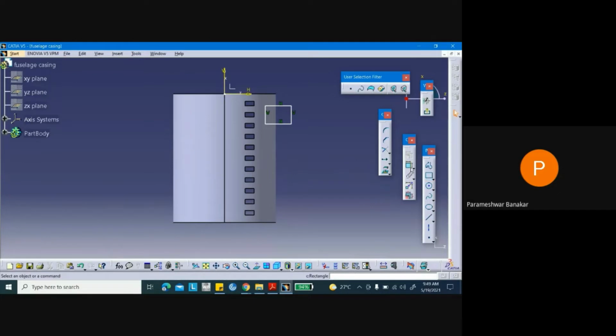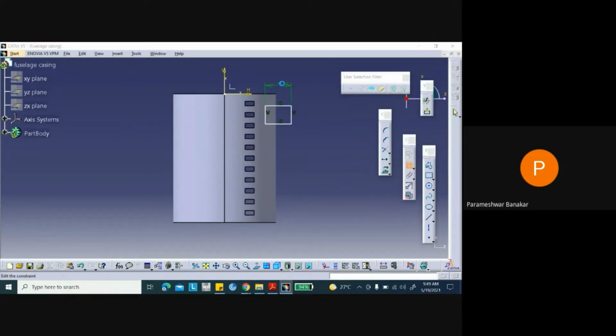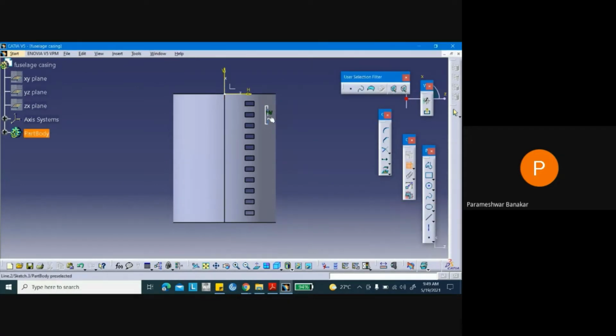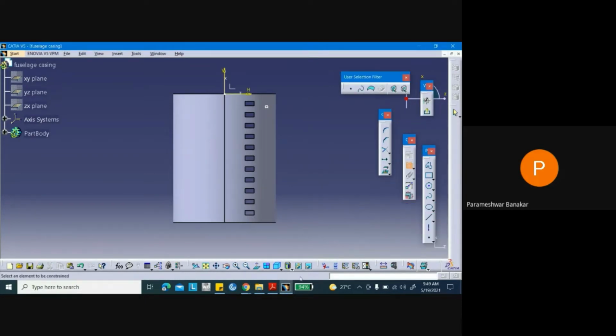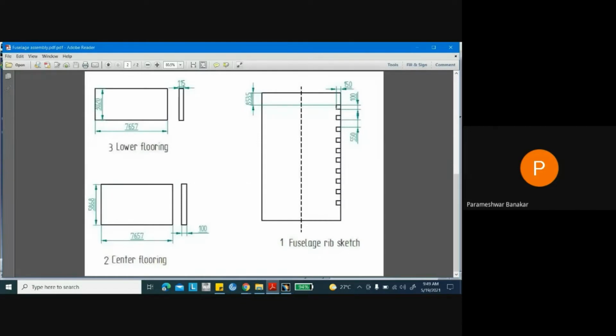Just go to constraint. So this is 150 and this will be 100. Now this we have created and it's located at a distance of 853.5.